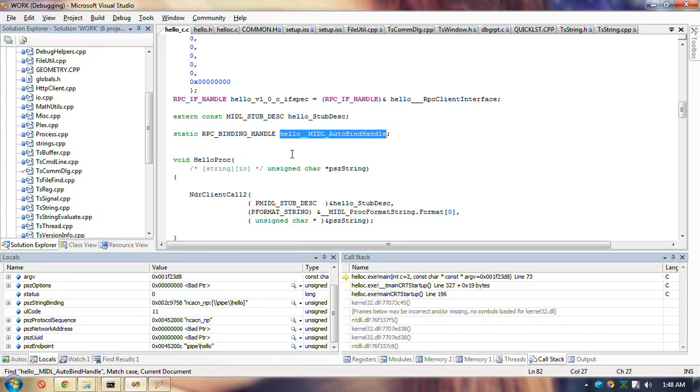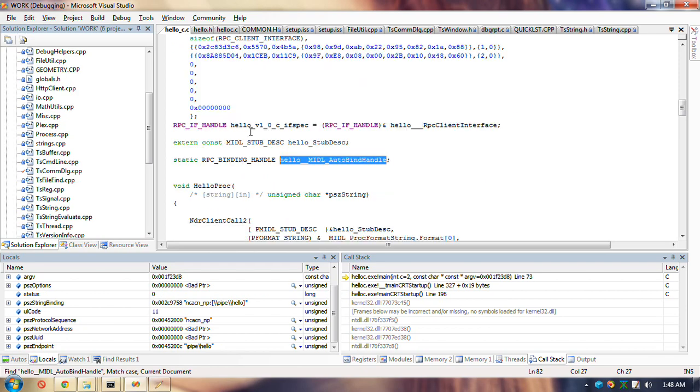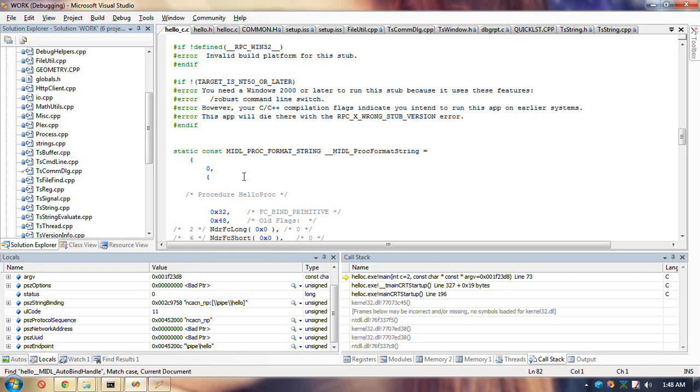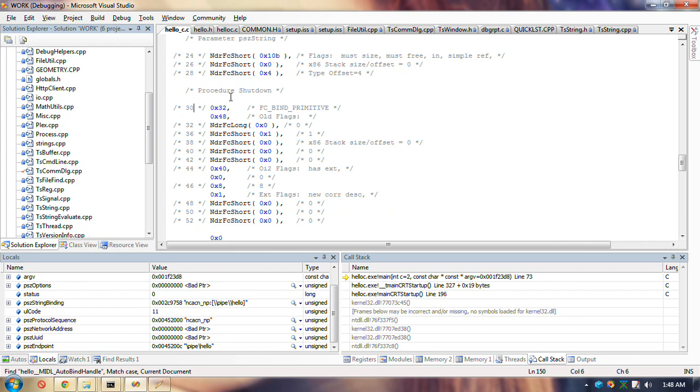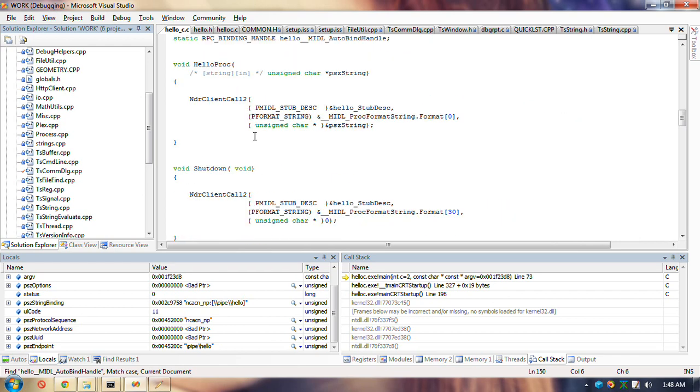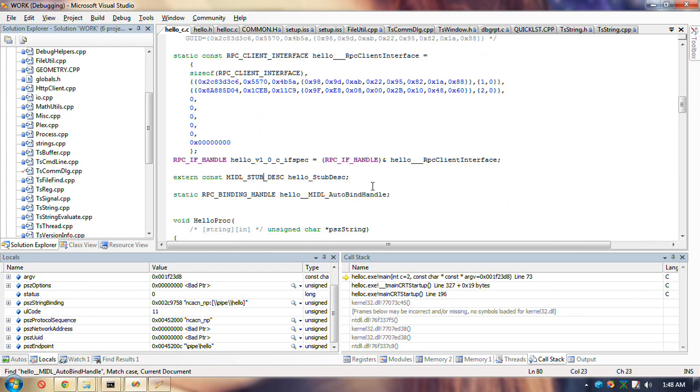And this thing should have an extern here. And it should be here. Or it doesn't even need the extern. In fact, you could just get rid of that line. If I got rid of that line, it might work. If I just take this away.